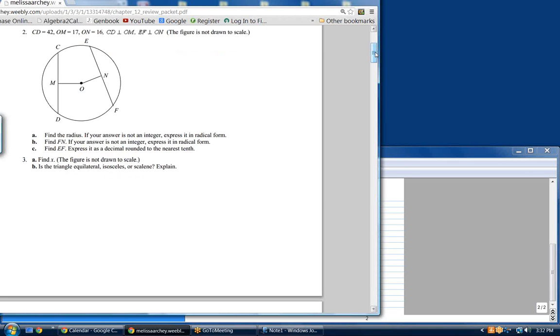This one's going to need a little work. So C to D is 42. O to M, 17. Set that up. Half of 42 is 21. So 21 squared plus 17 squared. The square root of that is 27. Okay, so then